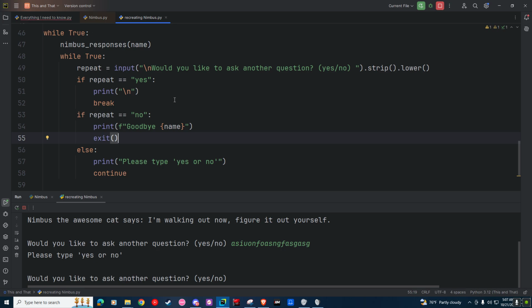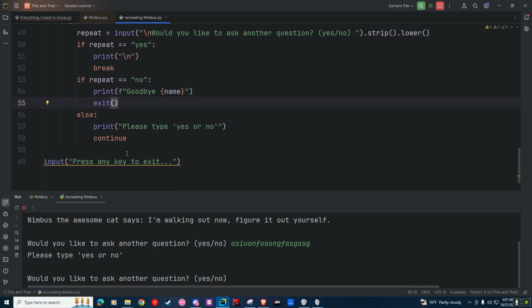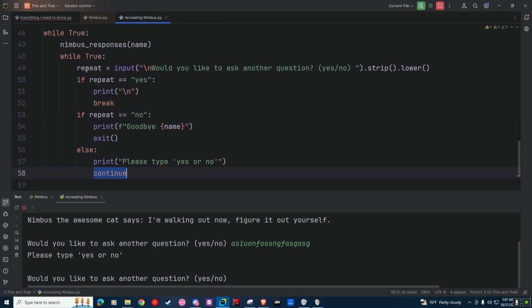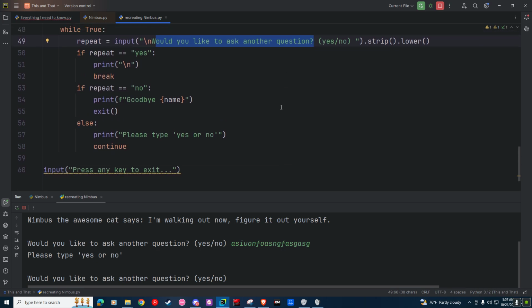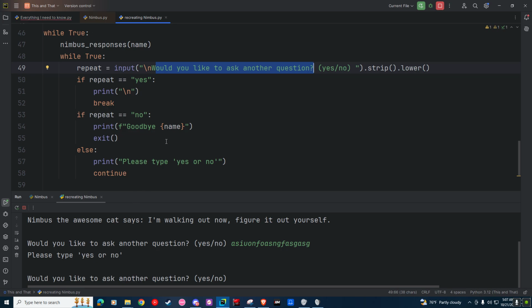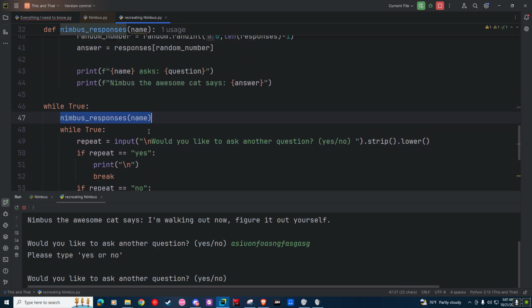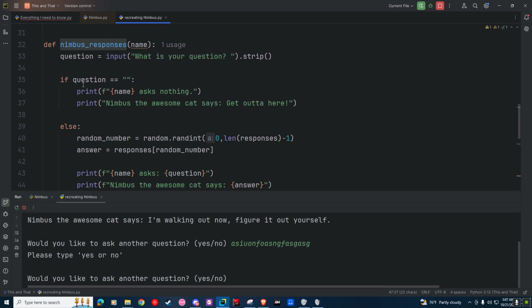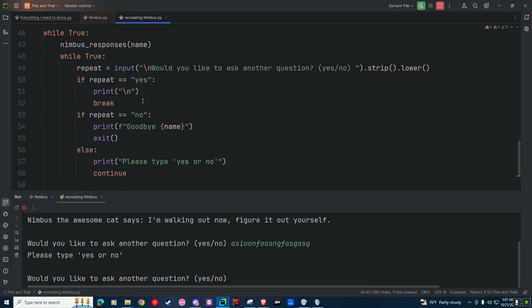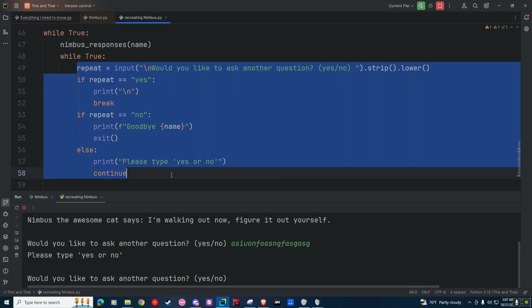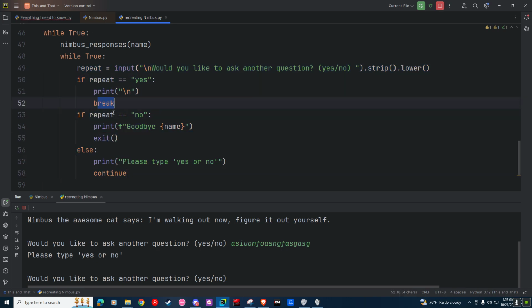Now if I'm being naughty, I don't type yes, I don't type no, it's gonna say continue, which means it's gonna repeat the loop and keep on asking you, would you like to ask another question? And it will ask you to just type in yes or no. So you're gonna be on that never-ending loop unless you abide by the rules wherein you type yes or no. And only then you'll be asked to prompt another question, and then it will start over again here, and trigger the section right here, and then you either break or exit.